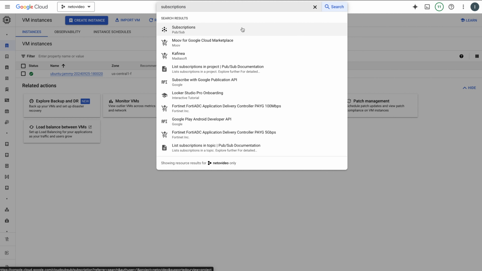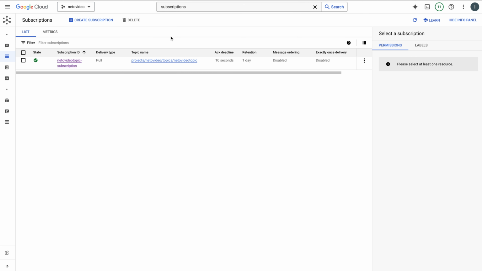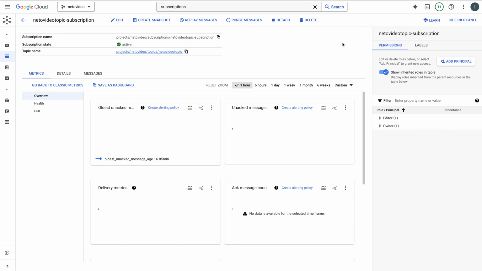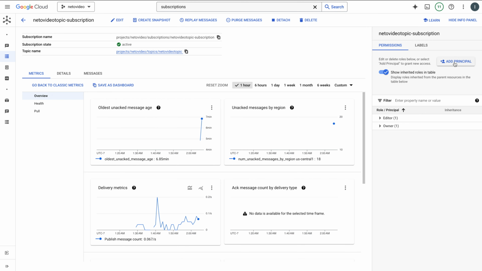Before we can add GCP as a new flow source to Netography Fusion, first we need to add Netography's GCP service account as a principal to our Pub/Sub subscription. So go to the subscriptions page, click the subscription ID we created, go to add principal,